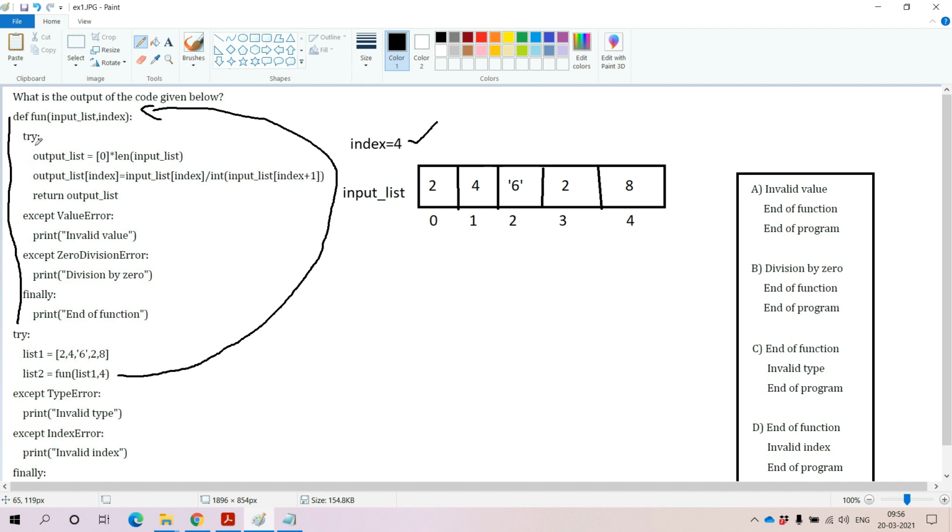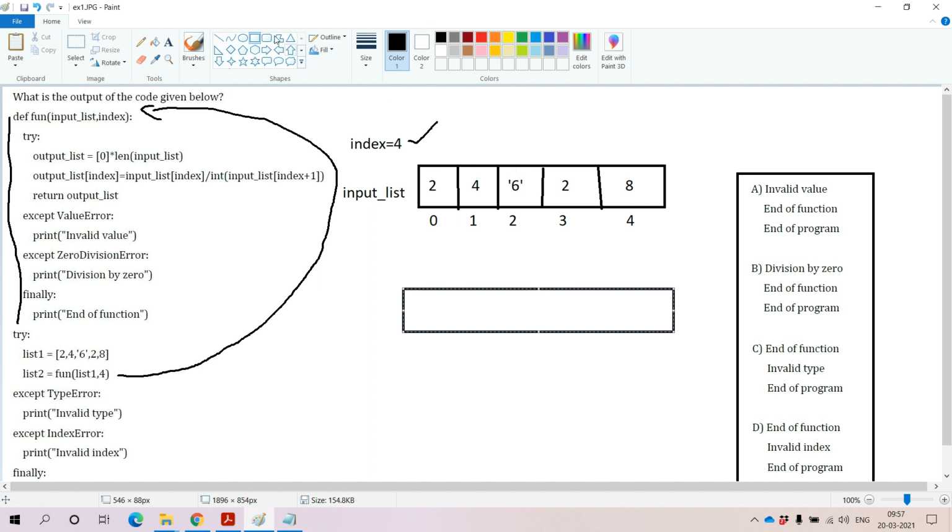Now within the function we have provided one try block, and within it we have taken one output list. It is an empty list, output_list, with length 0 times the length of input_list. The length of the input list is 5, so the output list will be created with length 5.